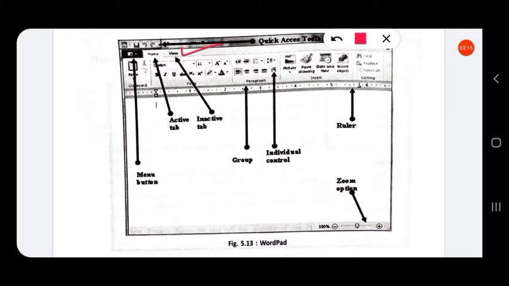Then a group, you can see a paragraph group. Here is the individual control. Then this is the ruler. Using this ruler we can adjust the spacing of the paragraph. Then here is the zoom control, that is, we can zoom our content page in and out.